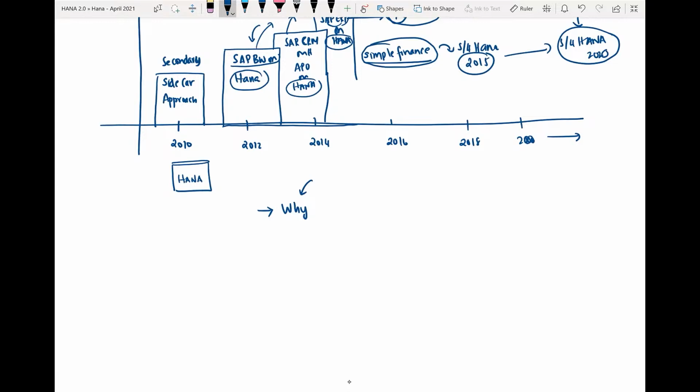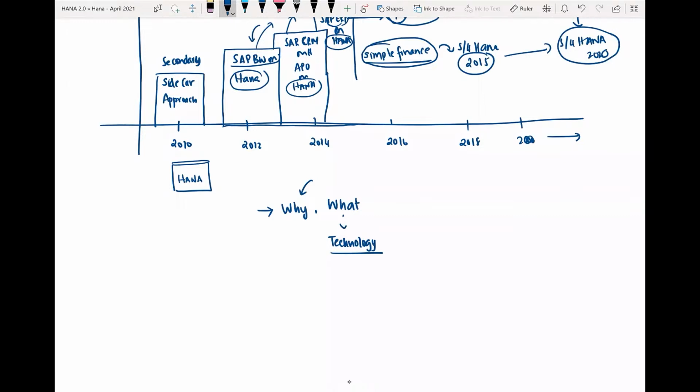I'm hoping that you now have clarity on how the product evolved and how we landed up with a product called SAP HANA. So we have seen why SAP HANA came into the market. The next question is, what is the technology behind SAP HANA? When I talk about the technology behind SAP HANA, Vijayata, I will go over the advantages and I will also talk about some of the limitations, and in order to solve those limitations, what additional products were added